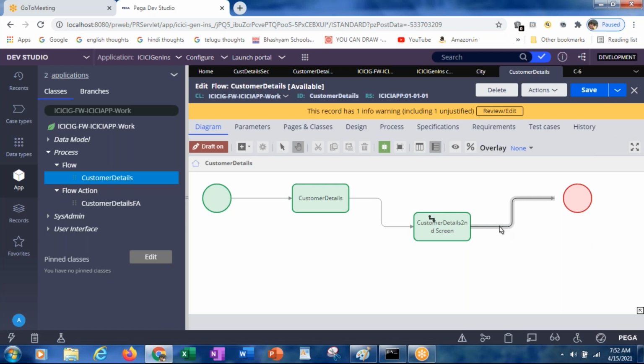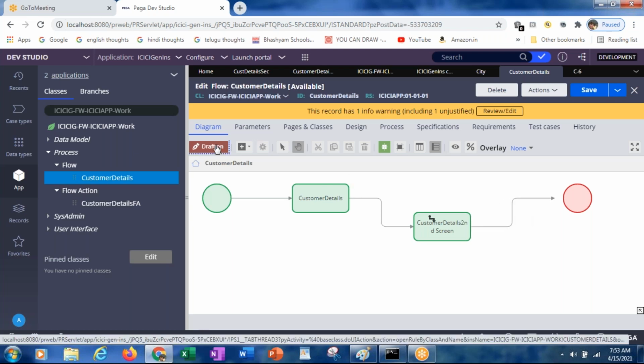Draft version is on means what? In general, if you are writing a letter or doing some task, a draft version means it is not yet completed. We are still working on that particular letter or task. In the same way here, when the draft is on, it will not throw any error. Whatever it is, it will accept it. When you run the flow, it will work accordingly. But if the draft is off, it will throw you an error.